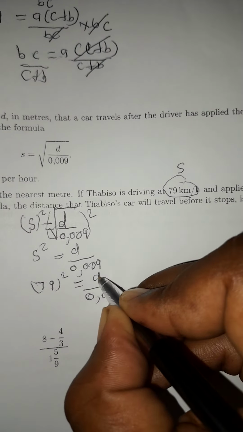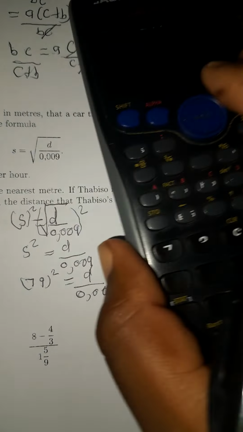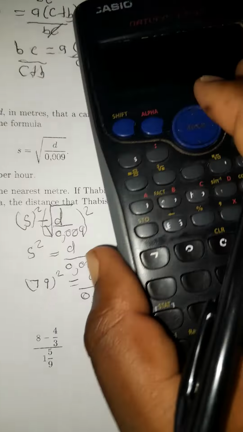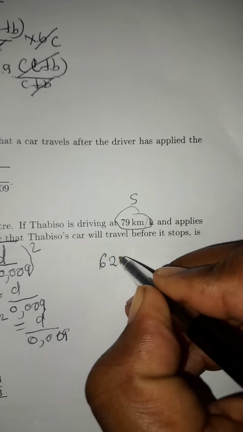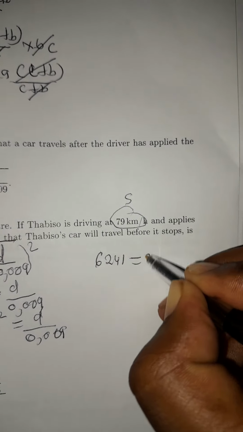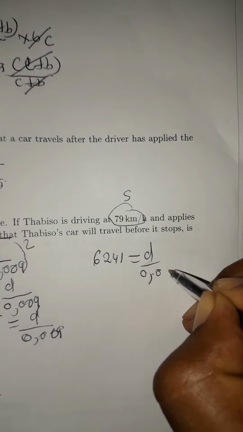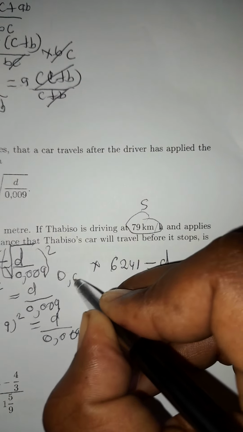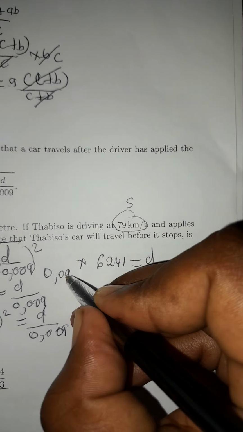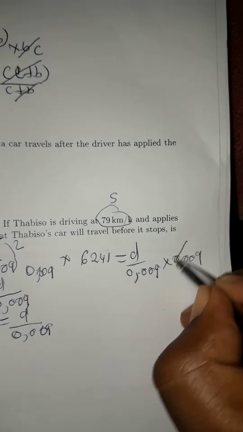0.009. So we need to find d. We can multiply both sides by, remember we have 79 squared, that is 6241, which is d all over 0.009. So we can multiply by 0.009. Then this and this cancel. Then d,